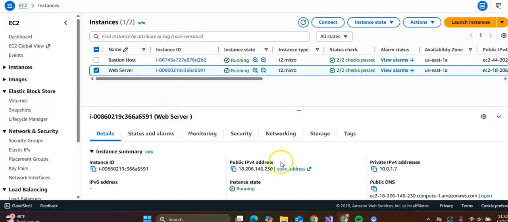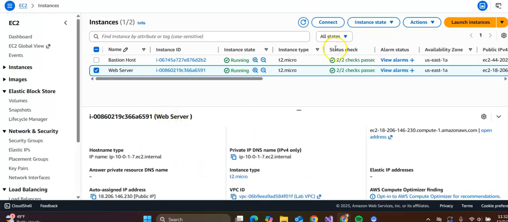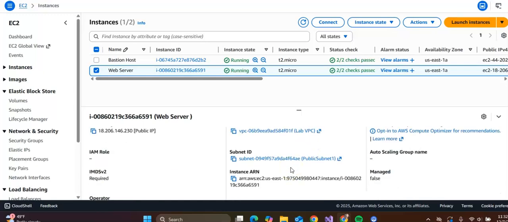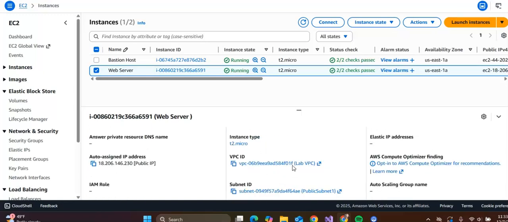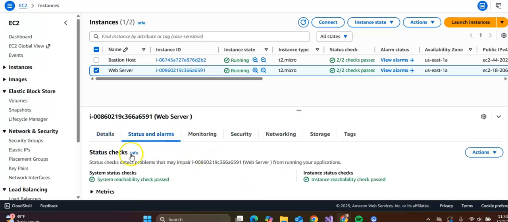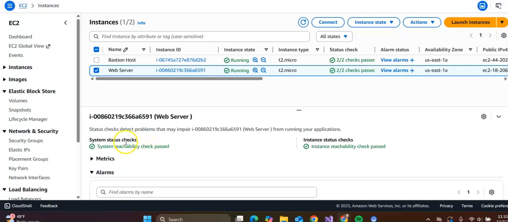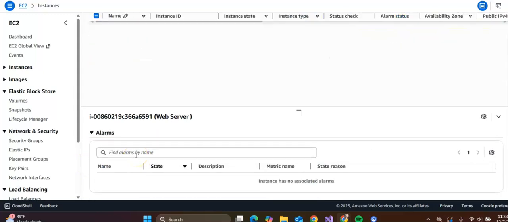Also, I have no idea where that is. I thought it was here, but you can't really choose that. Status checks. Status. Oh, status checks. Okay, I'm getting somewhere. Notice that both the system's reachability have passed. Okay. And then monitoring, which is